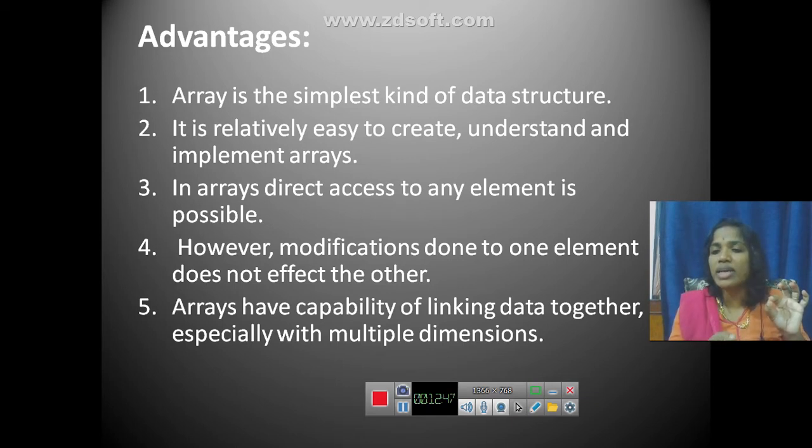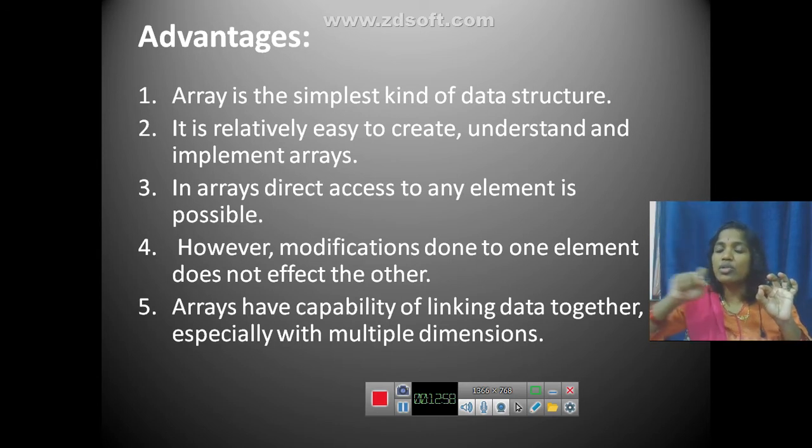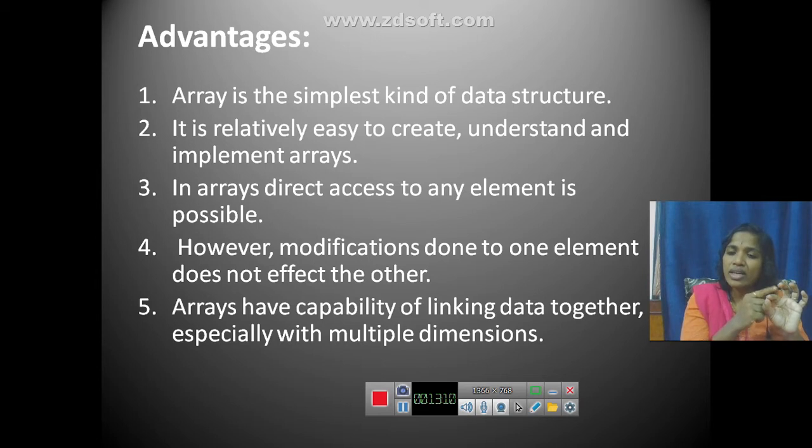Simply, I can give you the example of an x and y axis graph. On the x axis you will have values, and on the y axis you will also have values. The x axis is one dimension, and the y axis is another dimension. In the same way, you can have lines perpendicular to the already existing axes. Like that, in mathematics you have learnt about dimensions. Like that, we can have any number of dimensions of arrays in C language. There is no limit on dimensions in C language. Depending on the compiler, it ranges in many ways.